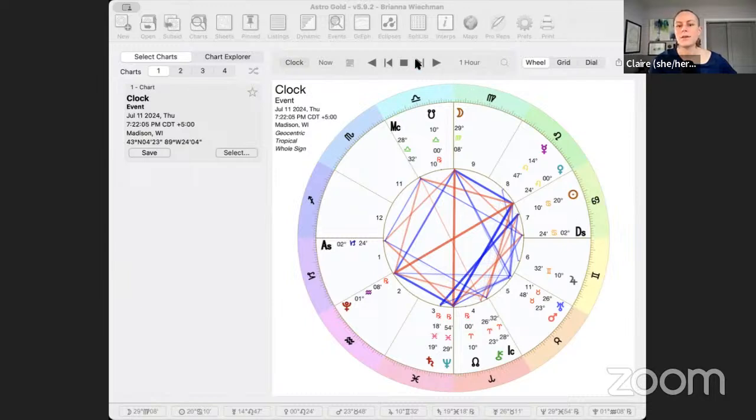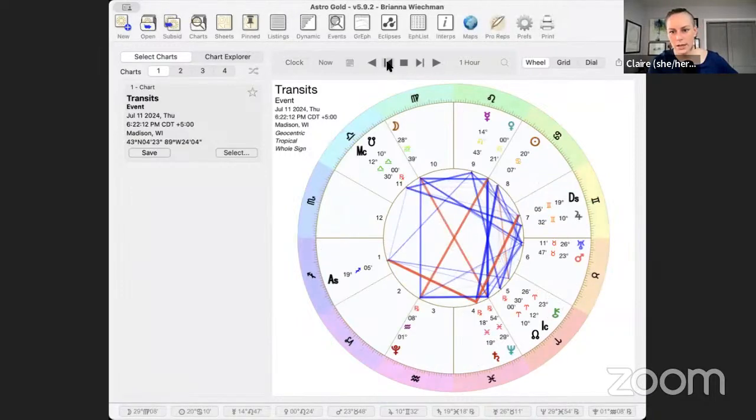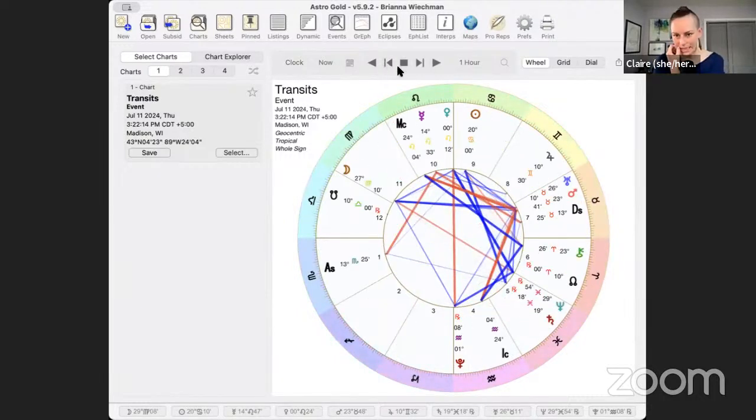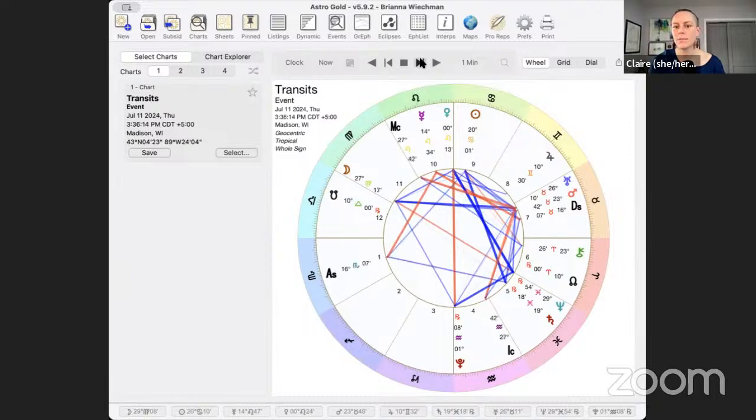Okay, I also don't want Mars on the descendant unless I want an argument or tension or prickliness, even unintended prickliness. Now, maybe Mars is on the descendant and you're having healthy conflict or confronting something or whatever it is. But Mars on the descendant, you know, if I'm calling my mom, I'm not going to do it with Mars on the descendant.